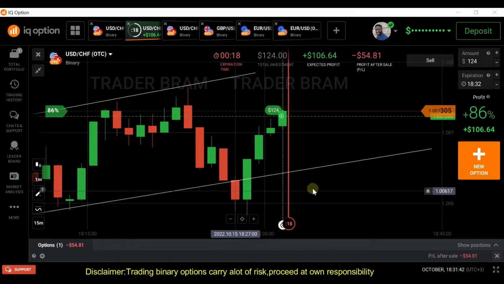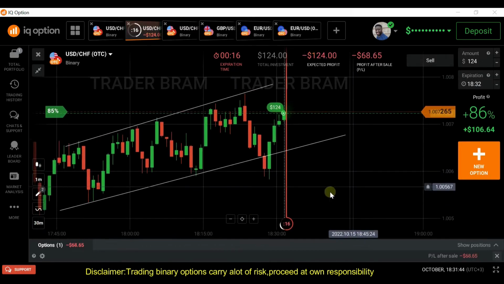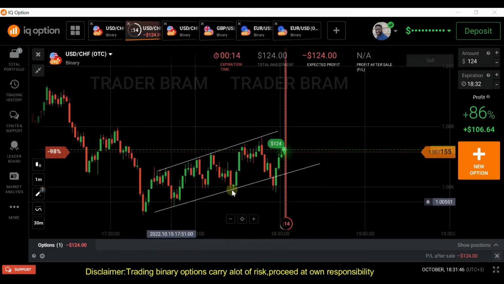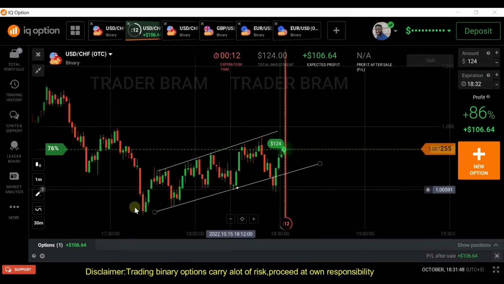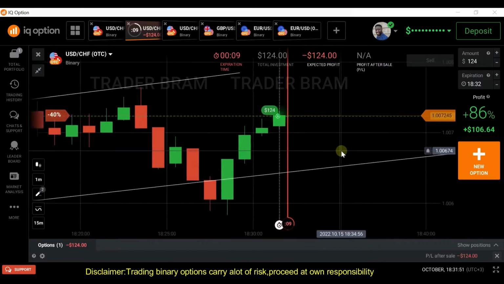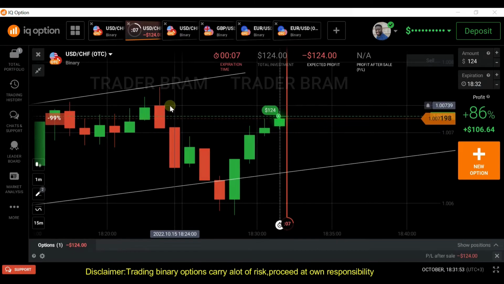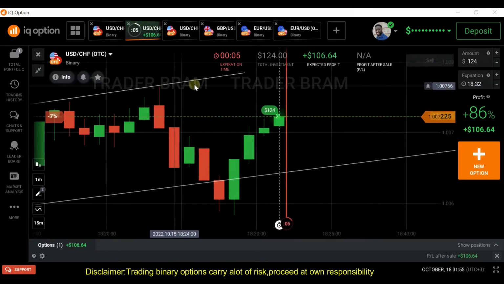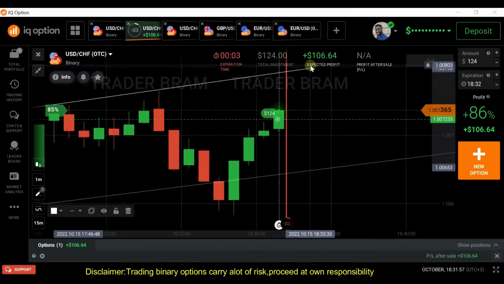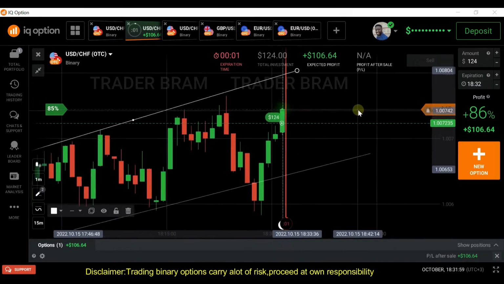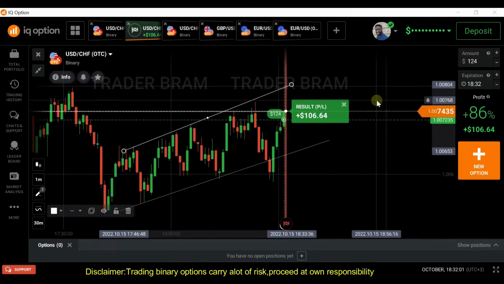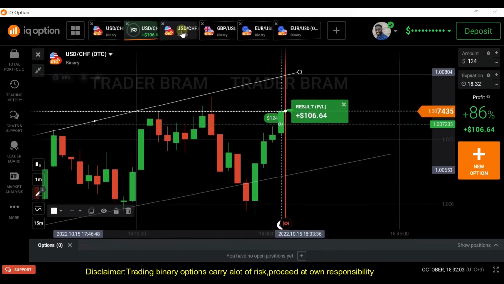We had a fake out at this point, and immediately we got a rejection from this horizontal level of support and resistance. So our next resistance area is at this point, or this horizontal level, on this trend line. So we expect the market to move more up